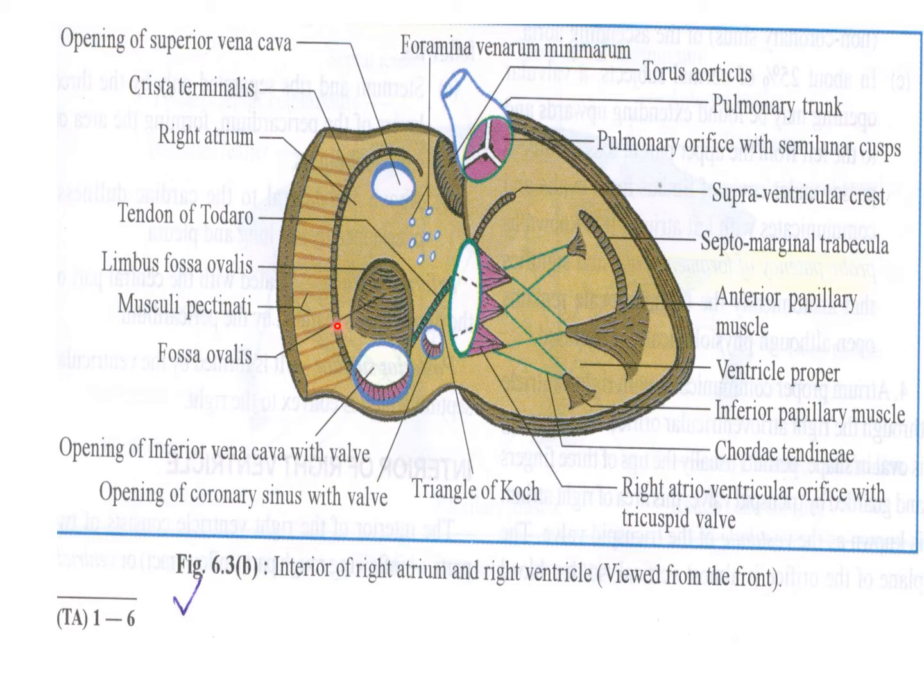Now musculi pectinati: this part is named musculi pectinati. They are comb-like structures, parallel muscular ridges which pass forward from the crista towards the right atrioventricular orifice. These are the comb-like structures, named musculi pectinati. Their fibers form a network in the interior of the right atrium, the right auricle.